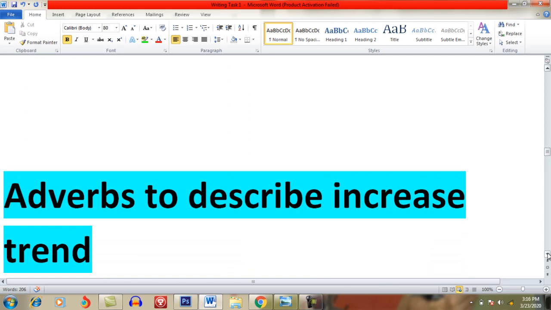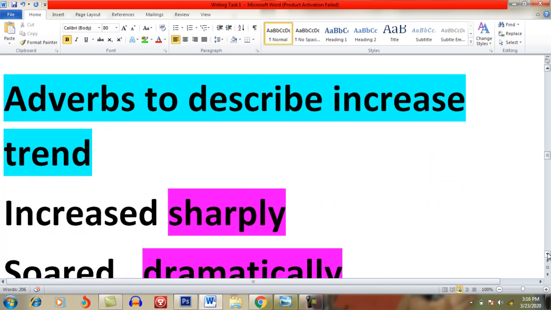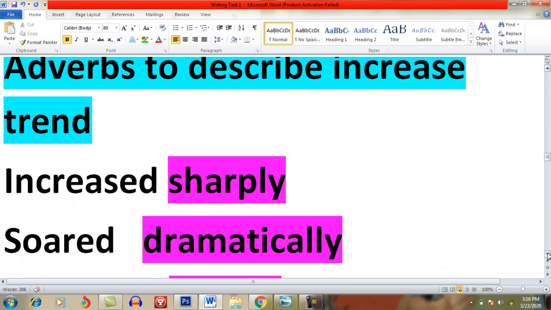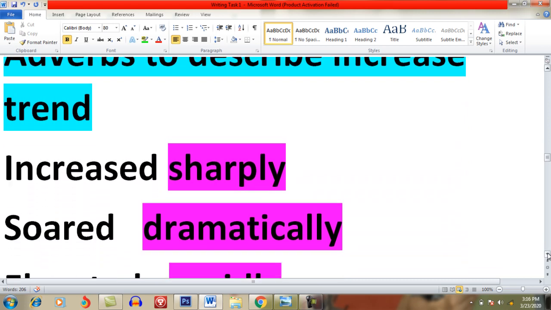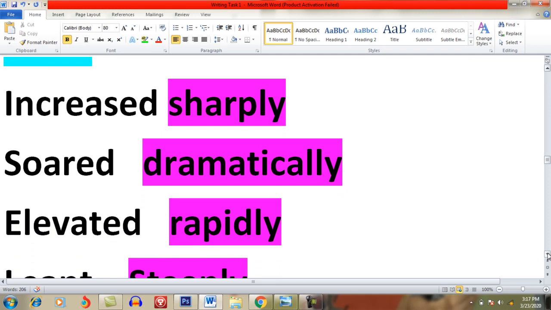Adverbs to describe increase or decrease trends. You can use these words for increase as well as for decrease trends. For example, the highlighted words are adverbs, so you can say this figure increased sharply, this percentage increased sharply, or the number of consumers increased sharply. So sharply is an adverb which you can use for increase as well as decrease trends, like this number decreased sharply. Soared dramatically, decreased dramatically, declined dramatically, shrank dramatically, elevated rapidly,